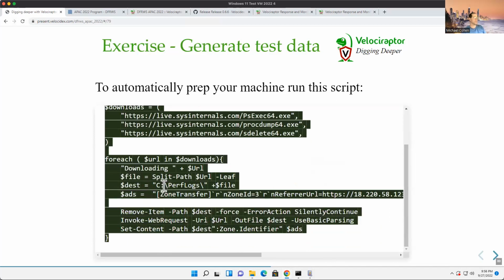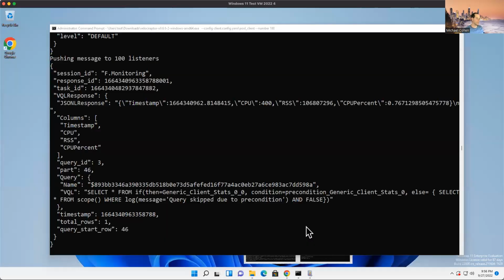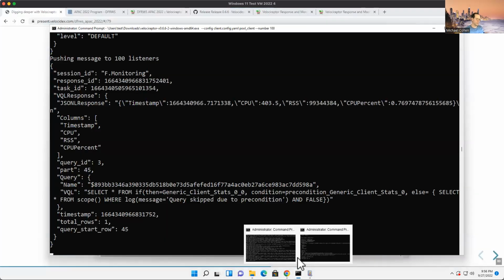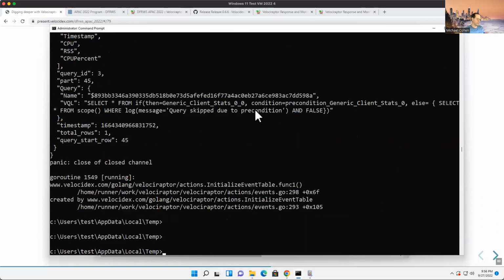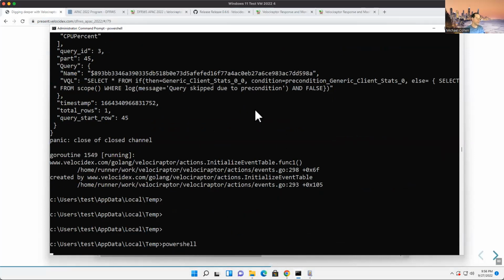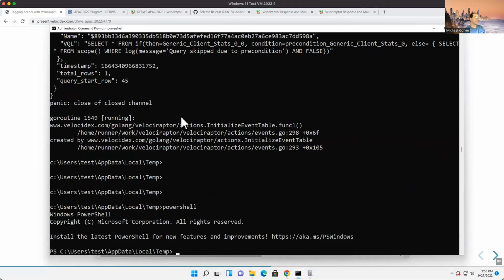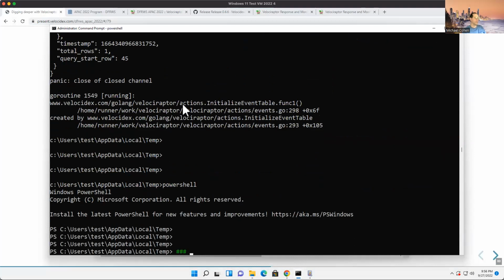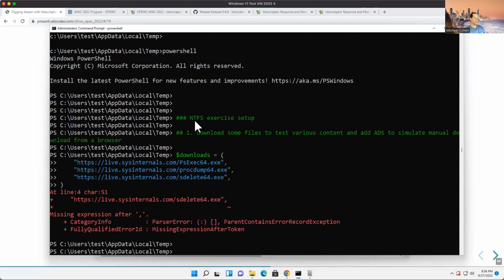So we just copy it, and it's actually a PowerShell script. So we're going to do PowerShell. So actually we're probably finished with this PowerShell. Okay, and we just paste it. So this is our